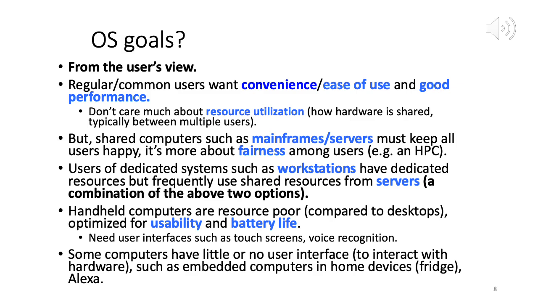So consider that our institute has an HPC system, a high performance computing system. We spend a lot of money and get a state of the art HPC system. Now that HPC will be shared by everybody. It will be shared by all students, whether for their homeworks or for research, and among all faculty. Even people outside the institute may be given access to it. So essentially, what we have is one system being shared by a large number of people.